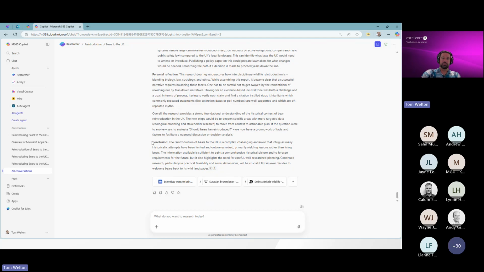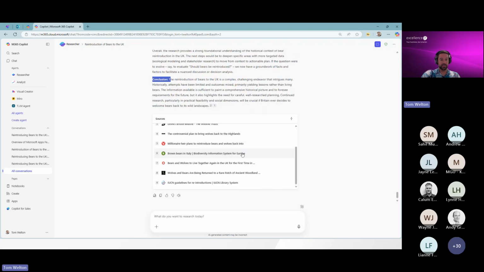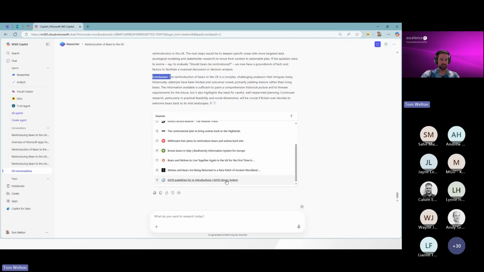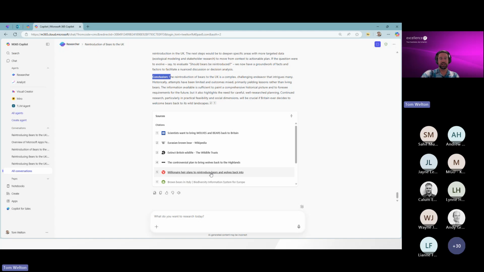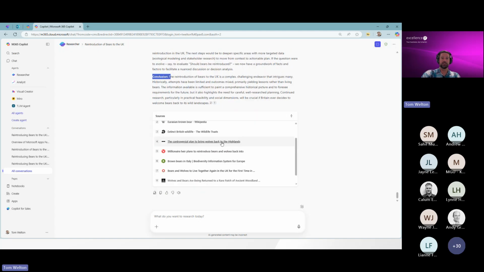You can see there it gives me a nice logical conclusion that pulls it all together, as well as my final thing here showing you it's gone and found a lot more sources. This is a much deeper dive and a much deeper analysis than that standard traditional Copilot search and how it goes about that. So again, the researcher and the analyst agent, highly advise that you go into those.